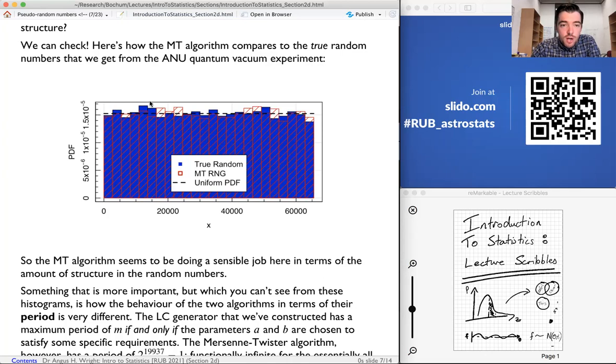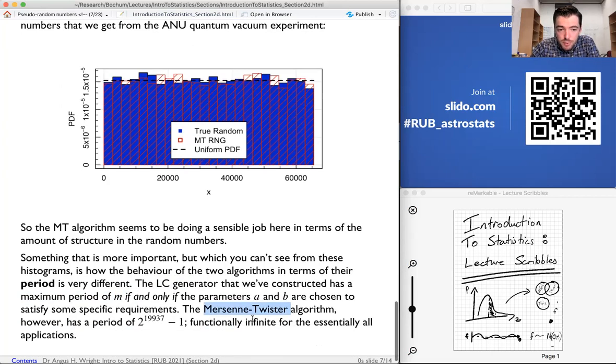And one of the things that you don't see by this is that the linear congruency generator that we created has a maximum period of M. So if you pick those A and B values to be the best possible values, the maximum period that you can have is M, which is 2 to the 16, which is basically not good enough for the vast majority of applications. However, the Mersenne-Twister algorithm has a period of 2 to the power of